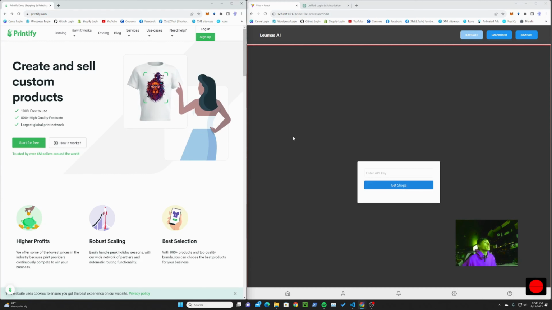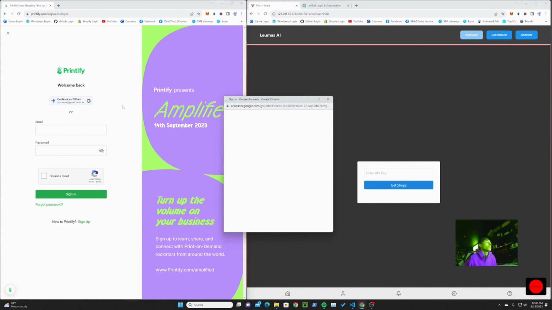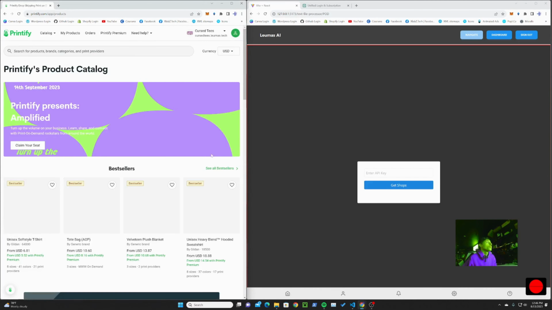So to get started, all you really need is two windows open. You can go ahead and pull up our application, which isn't deployed yet, but it will be here pretty soon. Get that up on the right side of your screen, as well as a new Printify tab on the left. You can go ahead and log in or sign up if you don't already have an account. You can do it for free. It will just take a couple of seconds, but you're gonna need a store if you want to